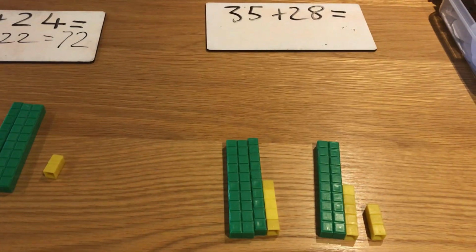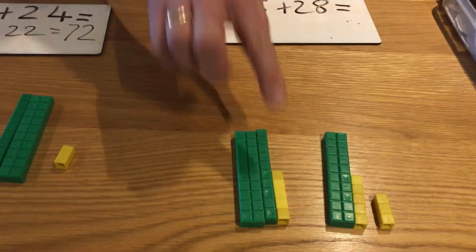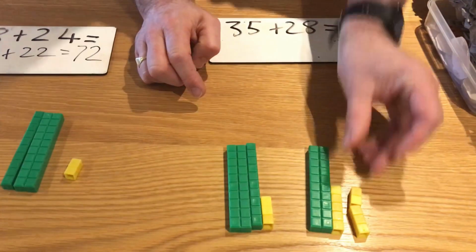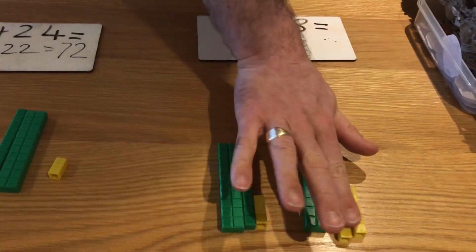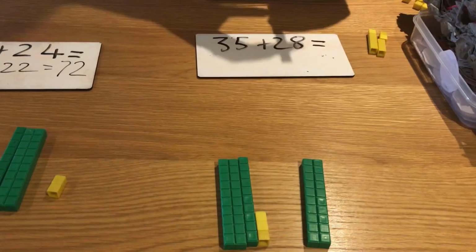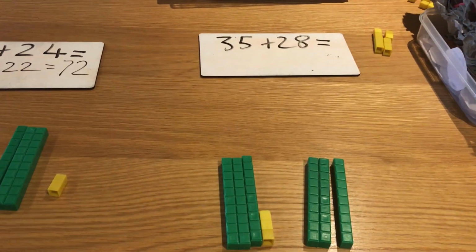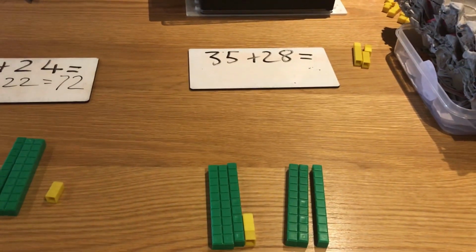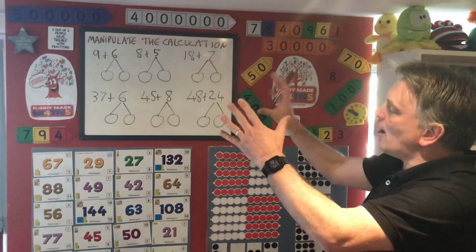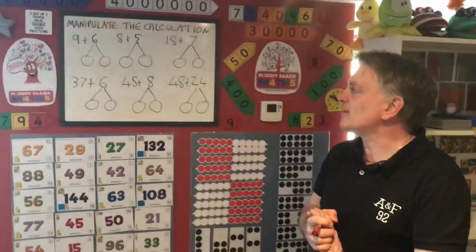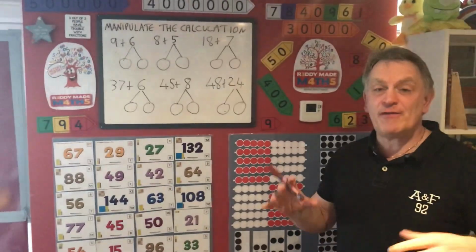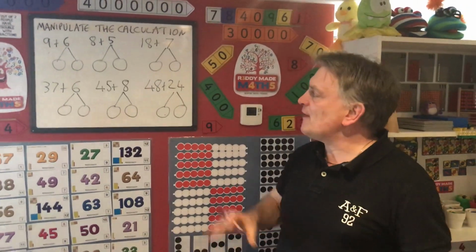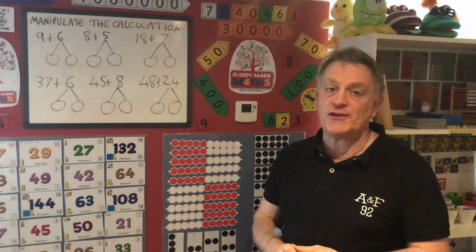The other way links to the strategies that we used over with the egg boxes. We're just going to pass 2 over. I don't want 28, I want to make that into another 10. So I've now got 30 over there. I'm going to exchange that for a 10. So I've now got 33 add 30. Both of those are really, really effective ways of manipulating the calculation to make it easier. What we've now created are some number bond diagrams just to help with jottings. The great thing about manipulate the calculation, it doesn't fit to any specific strategy, it can be anything you want it to be. These are a little bit more specific because I've actually separated at partition one of the numbers